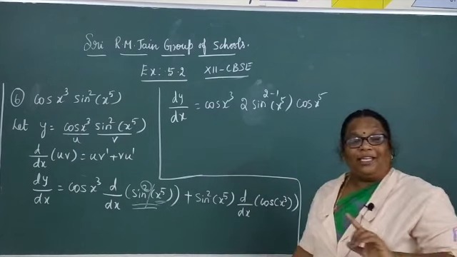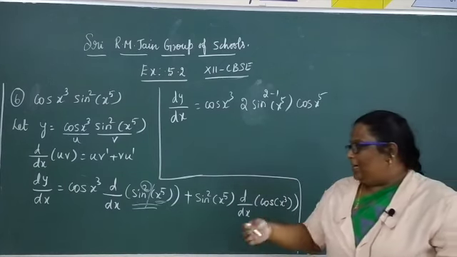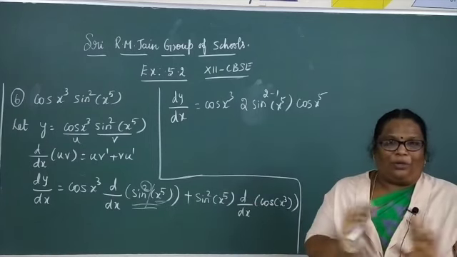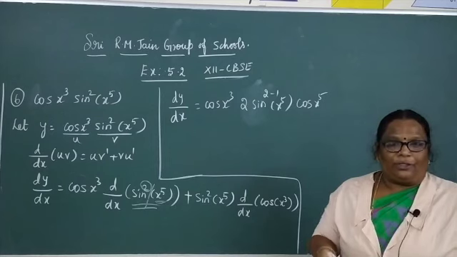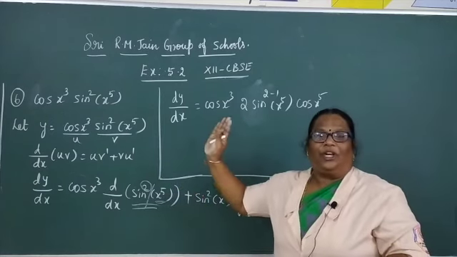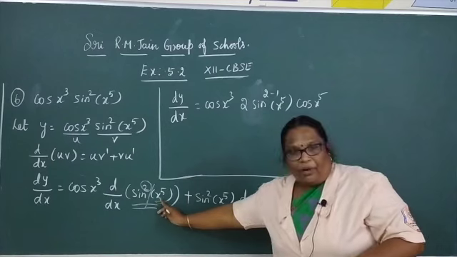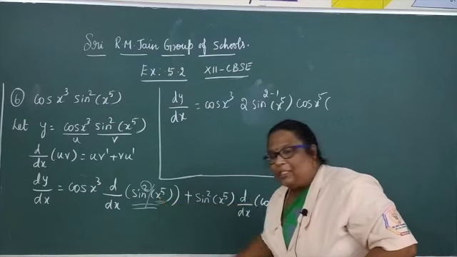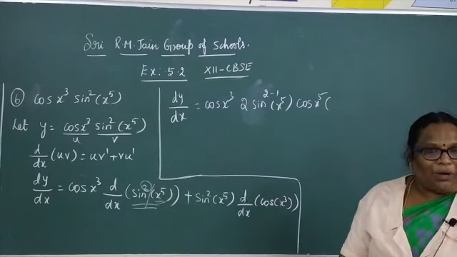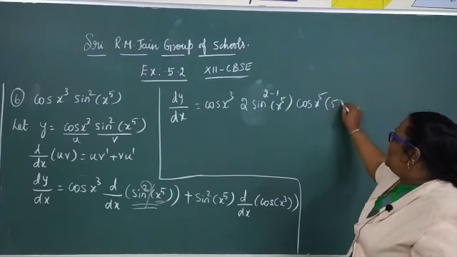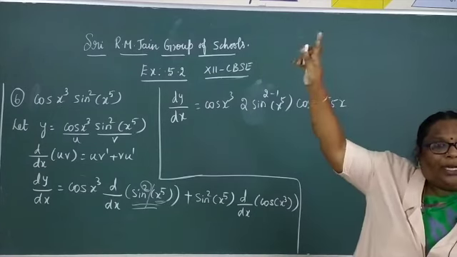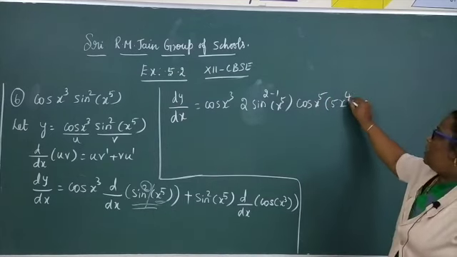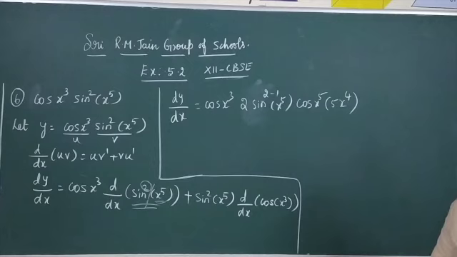But in your book it is given as a chain rule function. You take x power 5 as t and sine square as u. You don't do it like this, because definitely you will get confused. You have to split the term and do it straight away. X power 5, what is the differentiation of x power 5? n into x power n minus 1. I told you in the previous sum itself, you bring the power down and reduce one from the power. 5x power 4. Clear?